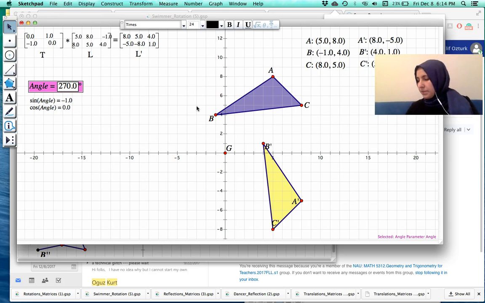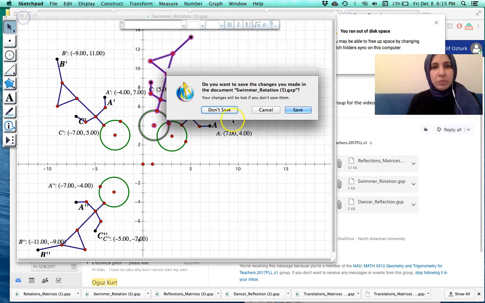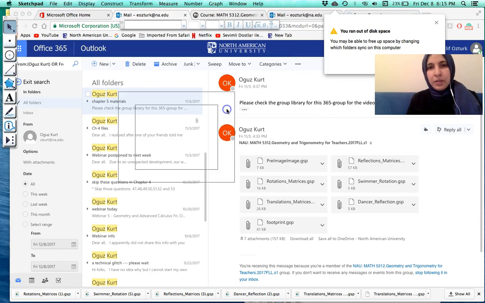Question 37. Drag various objects in the sketch and notice how they affect triangles A', B', and C'. In general, to what single geometric transformation is the composition of two translations equivalent? Will this always be true? Explain. Actually, there are some rules first of all for these compositions, such as,